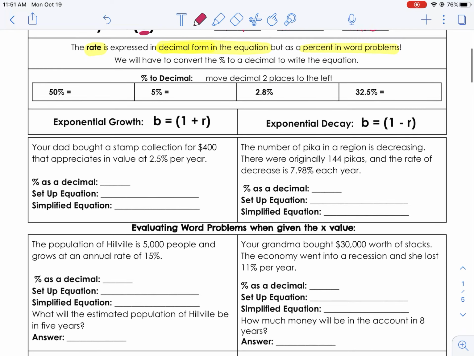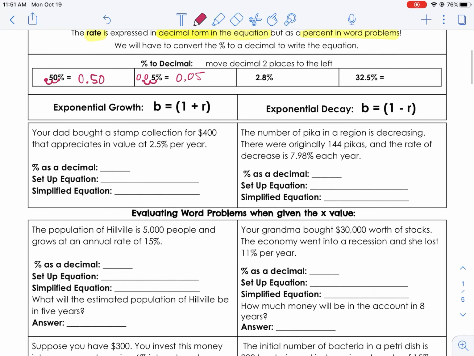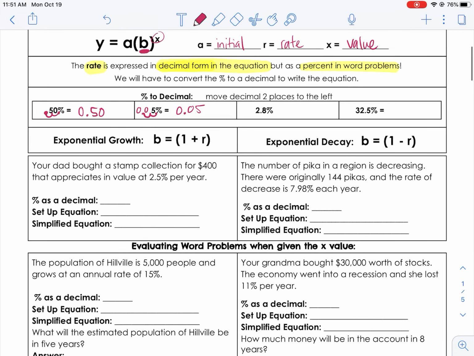So let's practice changing percents to decimals. If we had 50%, all you got to do is move that decimal place to the left 2 spots. So this would be 0.50. Whereas 5% would be 0.05. So think about money here. If you have 2 quarters, that's half a dollar. It's 0.5 versus if you had a nickel, that's only 5 out of 100 cents. So it's 5/100. For 2.8%, we'll move that decimal 2 places, and it's going to be 0.028. And the last one, 32.5%, will be